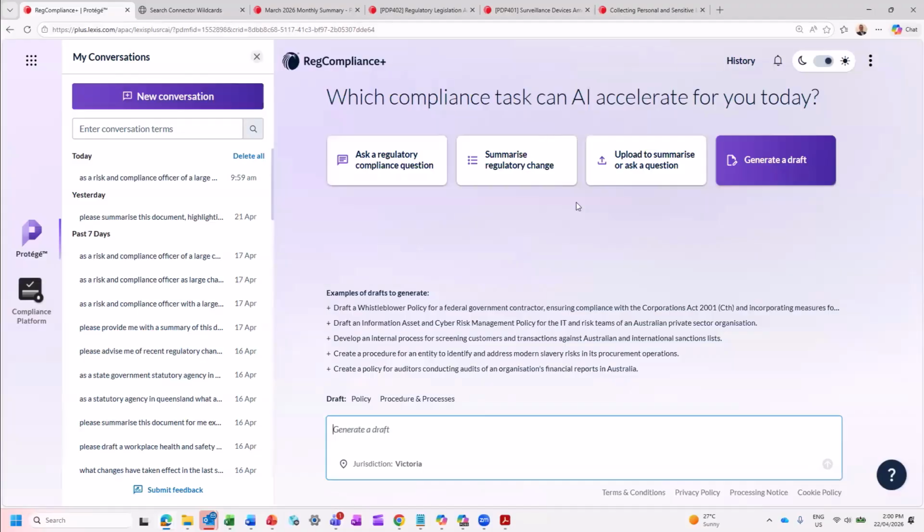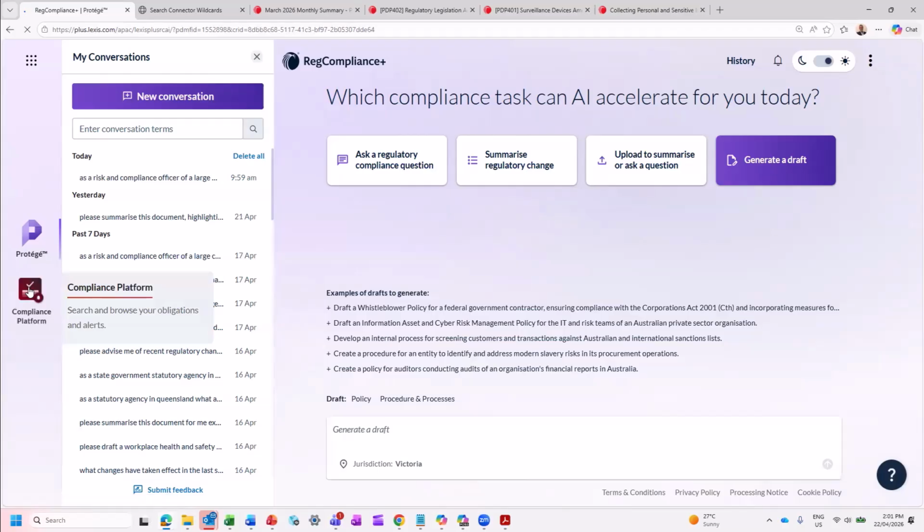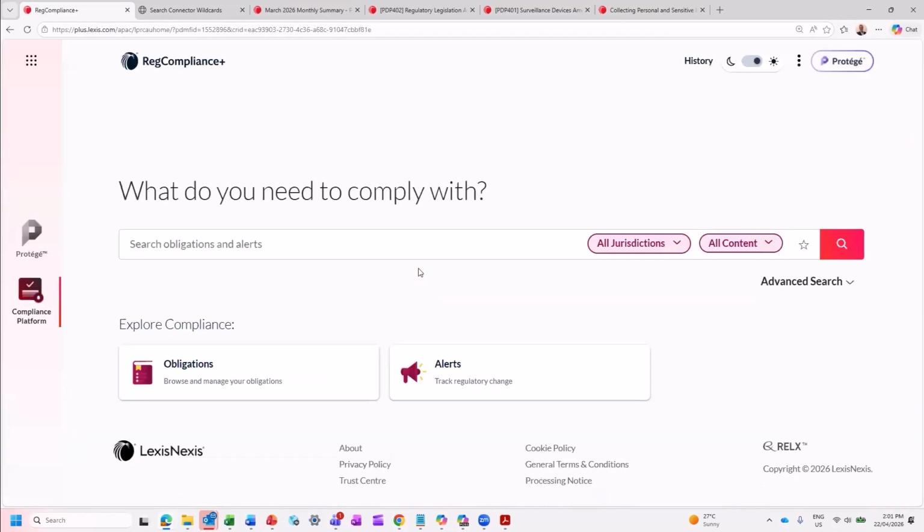Protege goes a long way to supporting the establishment of a strong, resilient, and flexible compliance management strategy, together with the content that's caught in the compliance platform itself. I think we can safely say that the RegCompliance Plus platform is something that should not only allow you to work through what your obligations are, identify them, share the responsibility for managing them with your colleagues, track reg change, and then build out the library of content that you need as an organization to support the ongoing